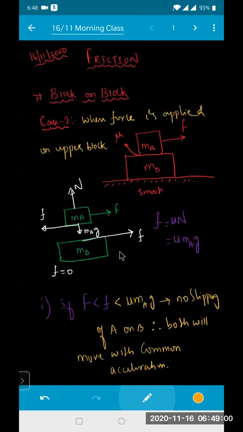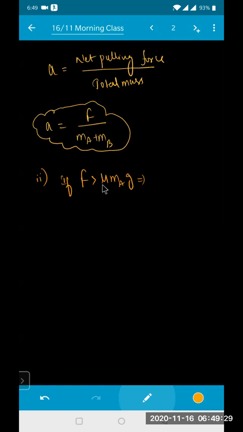If your applied force is greater, like say 10 Newton has come here, and this is 1 Newton, small f, then the body can move in the front direction. Only MA body will move. Because the friction force between mass A and mass B is how much? Small f, like say 1 Newton, and you are applying 10 Newton, so your force is greater than this frictional force, so obviously MA will slip on your B. So that point I can write here: if force is greater than friction, I mean to say that A slips on your B.